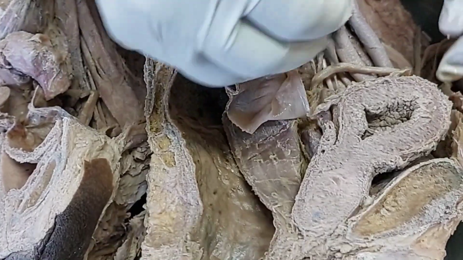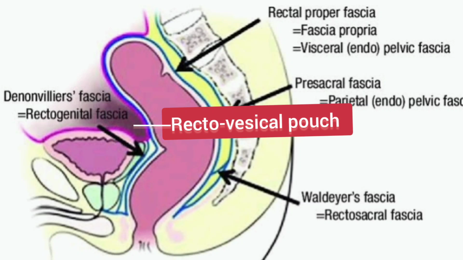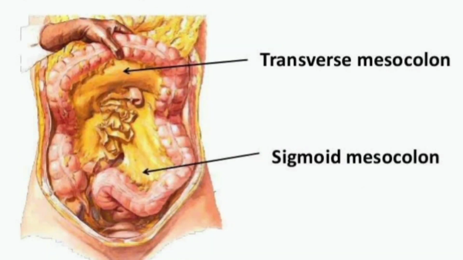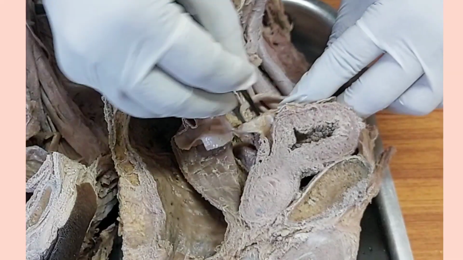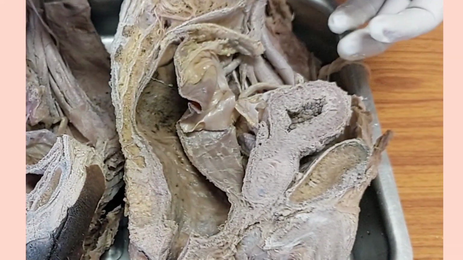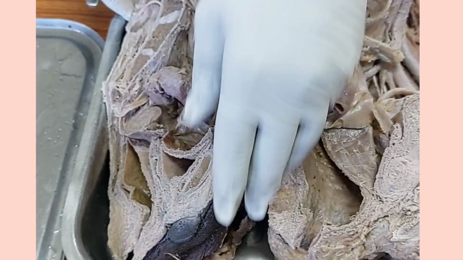And if you are asked what are the contents or which structure lies in this rectovesical pouch, the answer will be the small intestine and sigmoid colon. Why? Because both the small intestine, that means jejunum and ileum, they are having a fold of peritoneum called the mesentery. And the sigmoid colon also has a fold of peritoneum called the sigmoid mesocolon. So these two structures, sigmoid colon and the small gut, they are mobile. Because of this, the rectovesical pouch may contain the parts of the small intestine and also the parts of the small gut here. But if you come to this specimen here,